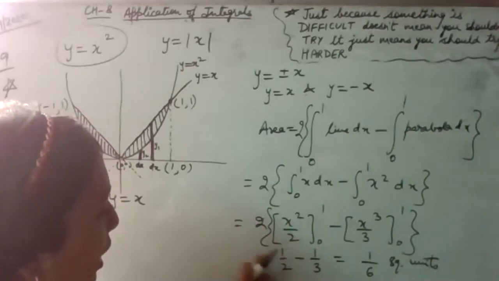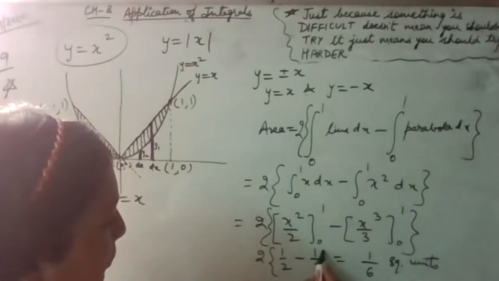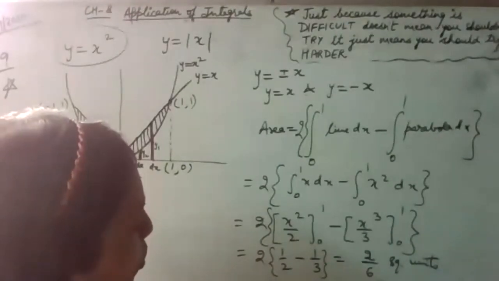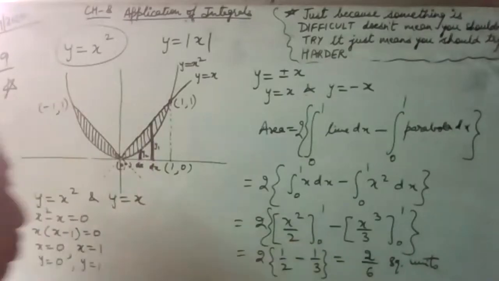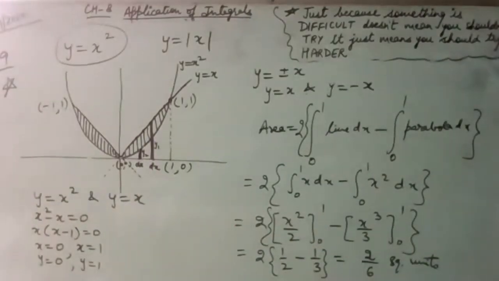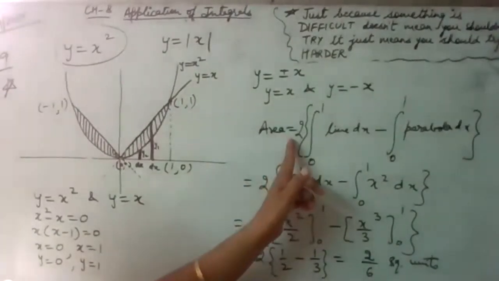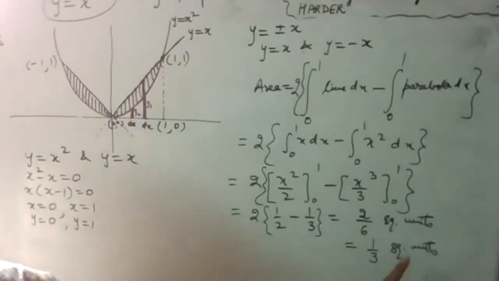Okay, so the area will be twice of this, and we get 2 by 6, which is 1 upon 3 square units. I have left it just to see whether someone tells me or not that we have to find out the complete area, not only the area on one part of the axis. So these types of mistakes can be made if you are not taking it from the beginning. So just take it from the beginning so that we get the required area correctly.